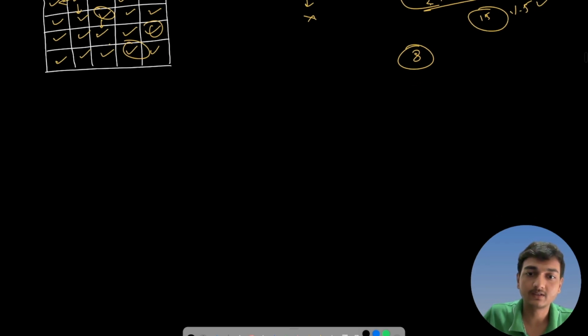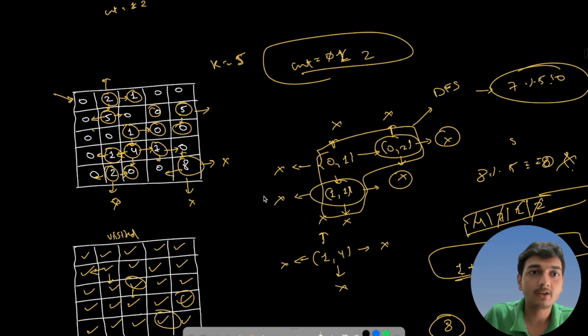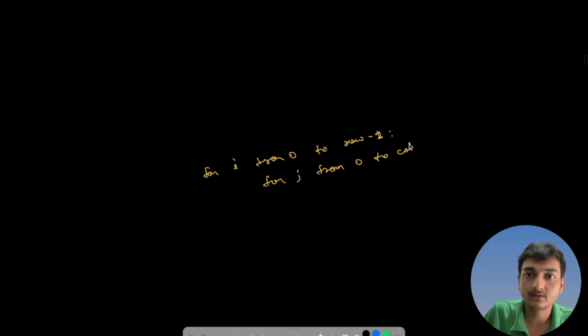So the first thing that I have to do, very simple thing, I have to iterate over all of the nodes of the matrix. Matrix traversal is very simple. So for i from 0 to row minus 1, whatever my row count is, and for j from 0 to column minus 1,